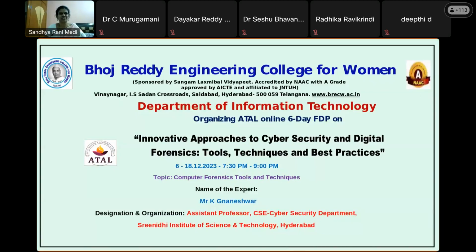He has knowledge of cyber forensics tools. So we are hoping, as Reddy madam said, for the introduction as well as some demonstration and visualization of tools. Sir is giving insightful knowledge on the FTK tool, that is Forensic Toolkit, and Autopsy. He is taking the two forensic tools and giving a demonstration of how they work, how the imaging takes place, how the data collection is done, and how the data is dumped from hard disk to hard disk. With his knowledge, he will delight us. Okay, we'll start. Sir, please go ahead and proceed with the session.